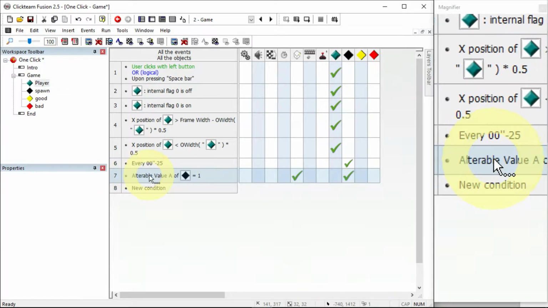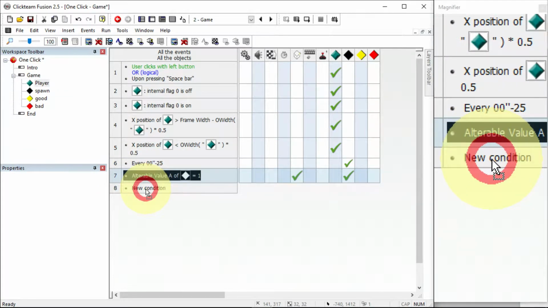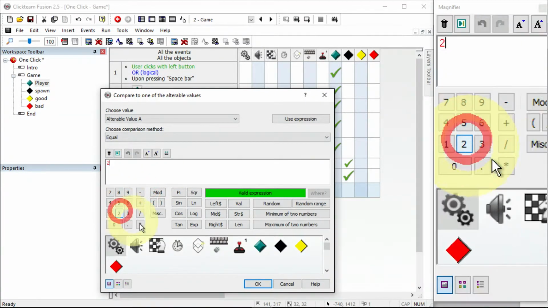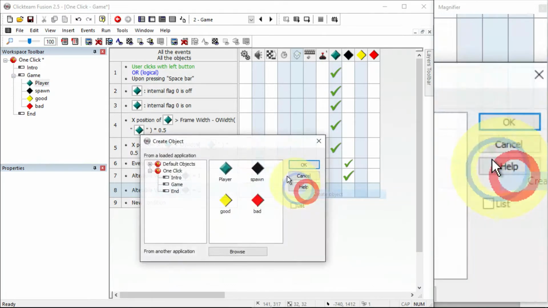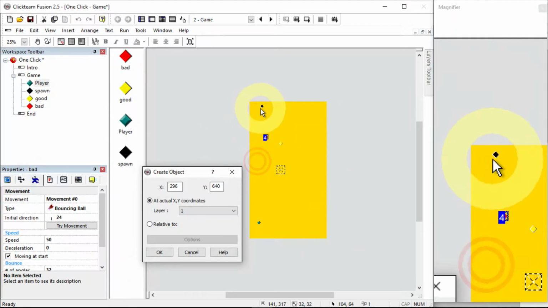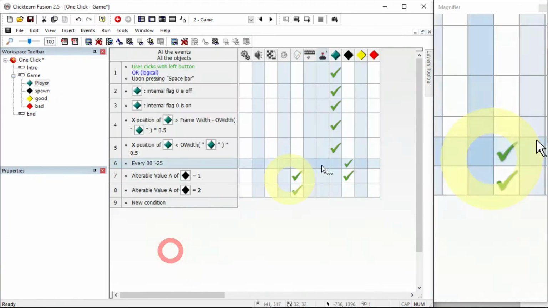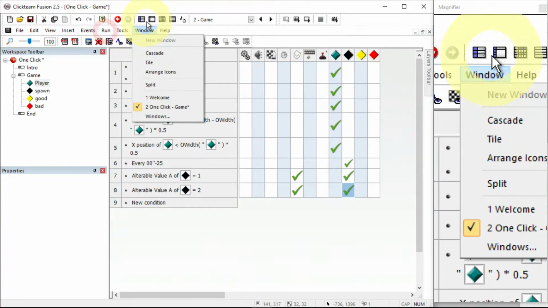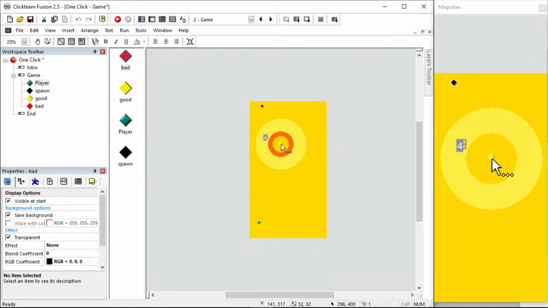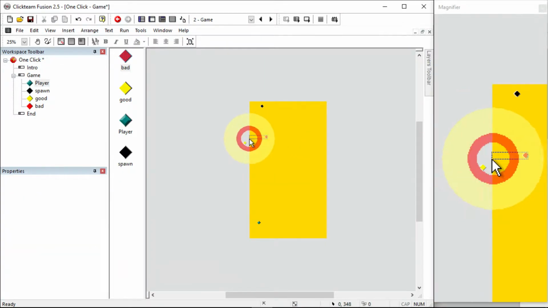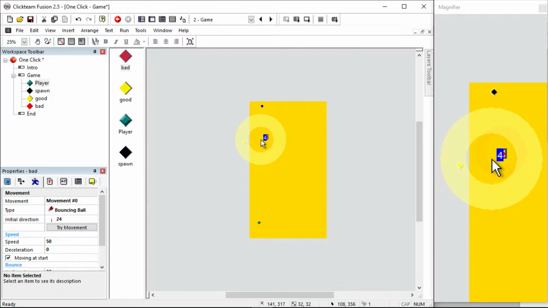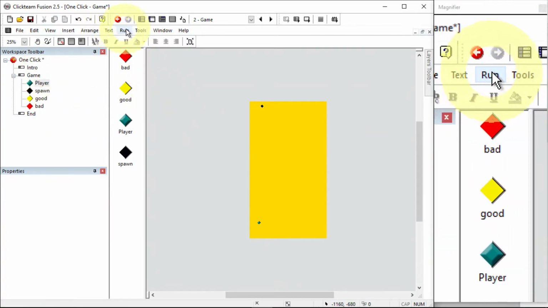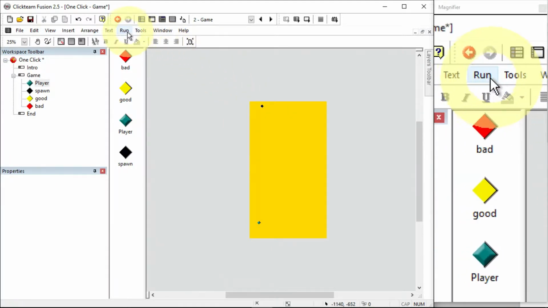Now I'm going to copy this because I need something similar. So I'll drag the words onto the words and double click 2. If it's 2, we're going to create a different object. We're going to create a bad object, and it's going to be relative to the spawn point again. And we're going to set that back to 0. So now these exist in our game by being created. So I can actually delete these and they'll still exist within our workspace because they're being created within the spawn point. So if I run the frame,